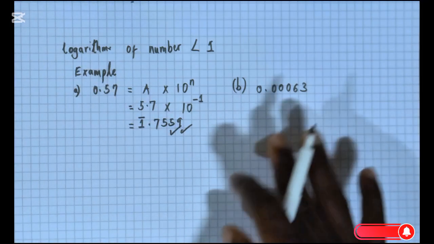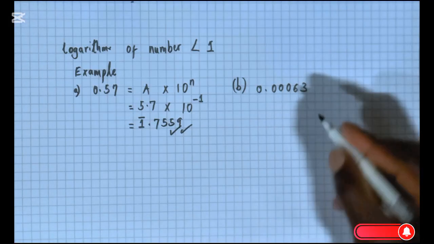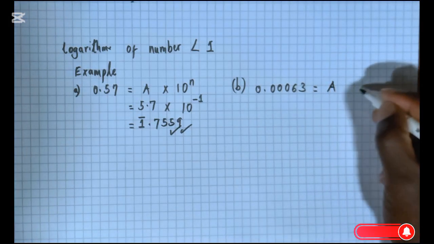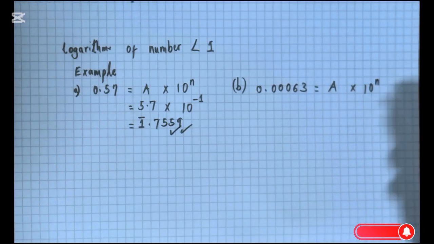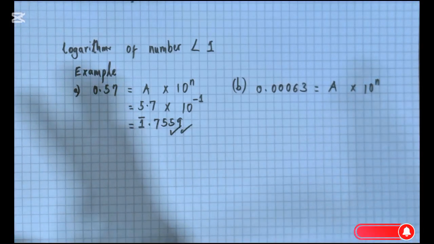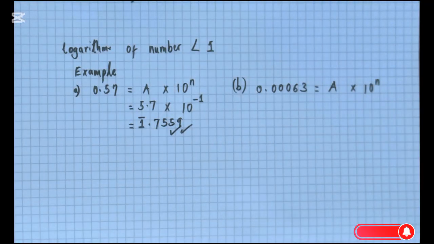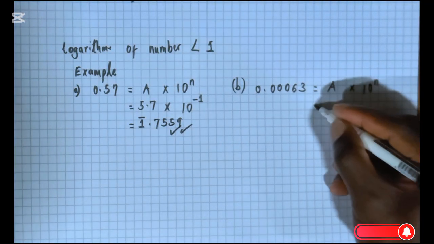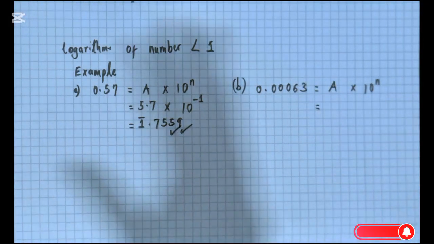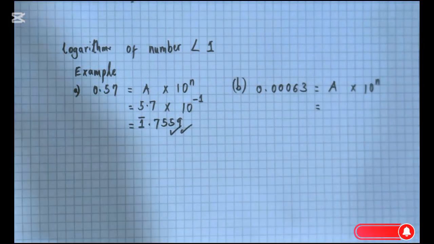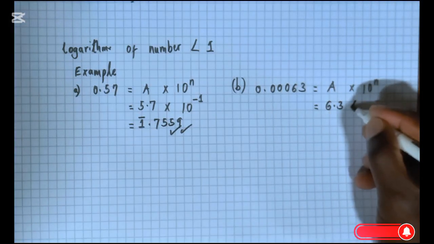All right, so basically the first thing we're going to do here is write this number in its standard form, and note the standard form of this number should take the form a times 10 raised to n, where a is supposed to be between 1 and 10, where 10 is not included in that inequality. So basically we are going to move this decimal point to the right until we achieve that range of 1 and 10. And so when you move it, you're going to have that a is going to be 6.3